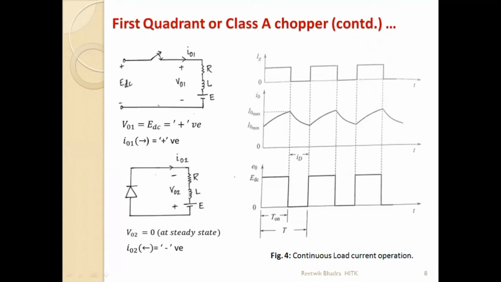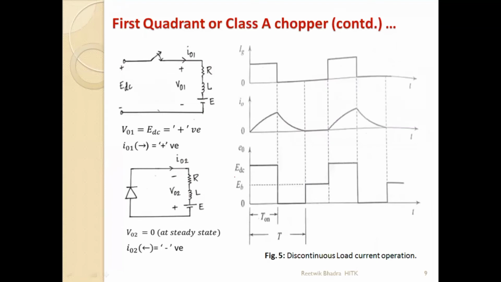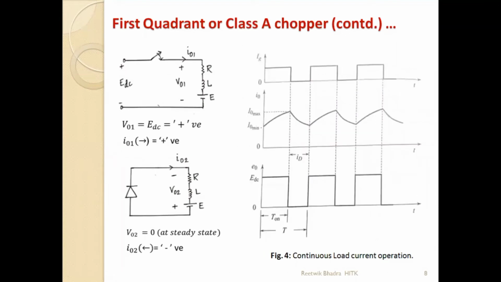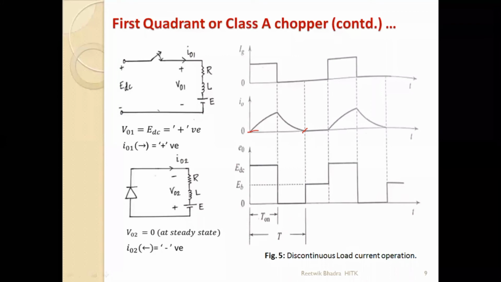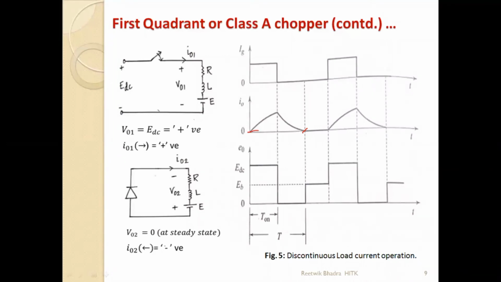Next, we'll discuss discontinuous load current operation also. What is discontinuous current? If you compare this inductor current, it has a minimum value, it has a maximum value, then discharges down to a minimum. Now the inductor current has become discontinuous, so it has discharged down to 0. Again the same procedure over here. I'll change this I02, don't go by this. I'll send you the corrected PPT only, so follow that PPT. This will be positive over here, and this direction will be this one. This is wrong over here.